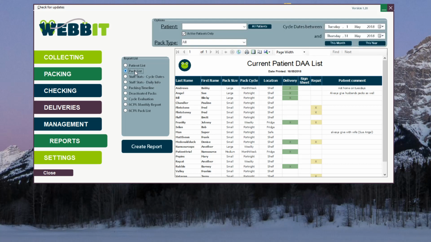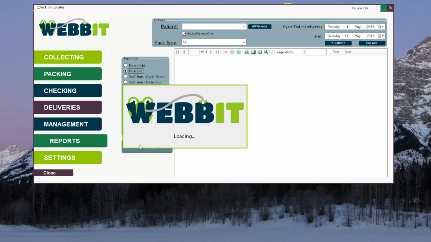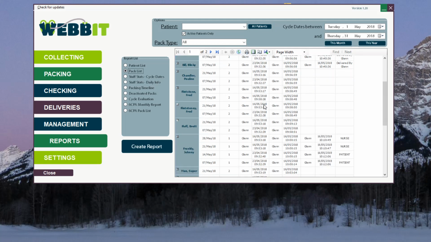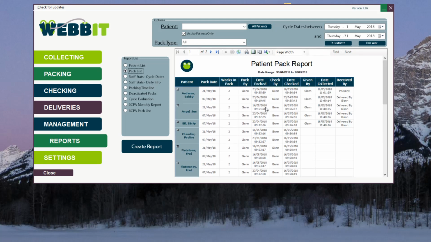The next report is a pack list. Now, a pack list, if we were to say for the 1st and the 31st of May, so it defaults to the current month, but you could say this year or this month, but it will default to this month. So if I say create report, right, here we go. So what we've got on this report here,